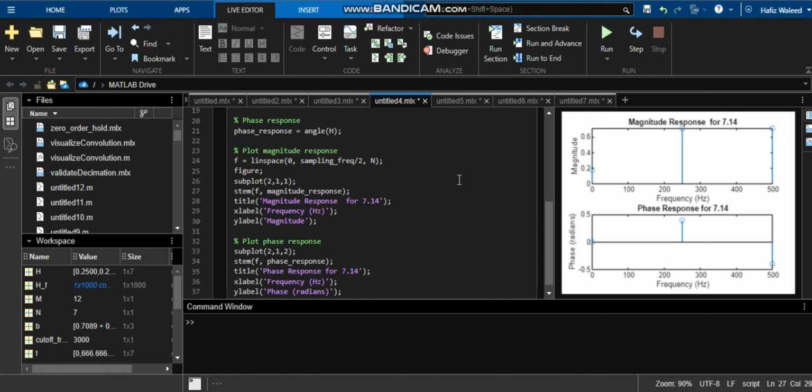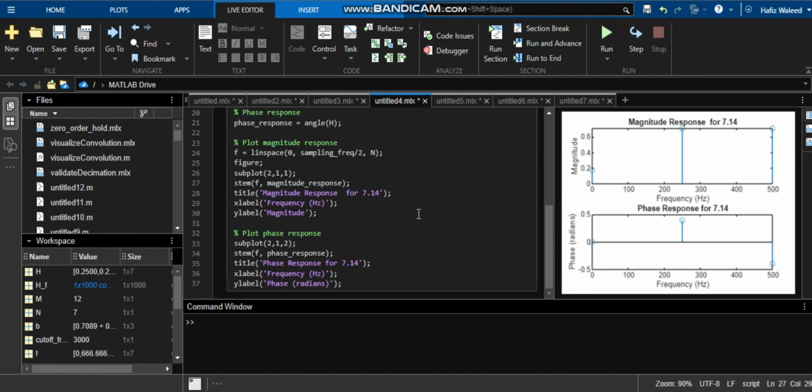Task 2. This code designs and analyzes a high-pass FIR filter using the frequency sampling method. The filter specifications are a cutoff frequency of 250 Hz, a sampling frequency of 1000 Hz, and a filter order N of 3. The normalized cutoff frequency is calculated by dividing the cutoff frequency by half the sampling frequency. The impulse response h is computed for n from 0 to N minus 1 using the sine function normalized by pi and multiplied by minus 1 to the power n to implement the high-pass filter characteristics. To handle the singularity at n equals 0, the first term is set to the normalized cutoff value.